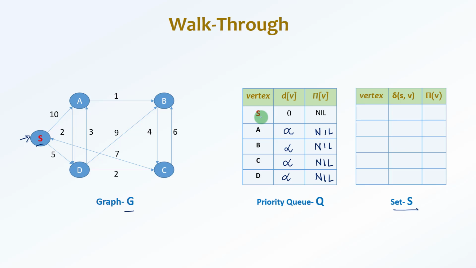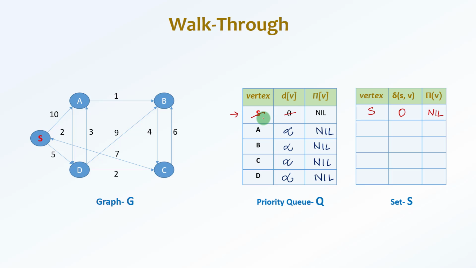And we extract the shortest distance node from the priority queue and put the node into the set S, and also we store the distance of the node from the source vertex, as well as the parent vertex of the current node to generate the path. At the beginning, we'll select S and extract S, the source vertex, from the priority queue and put the vertex into the vertex set S, and also we'll store the distance equal to 0 and the parent vertex of the source vertex, obviously it is nil.